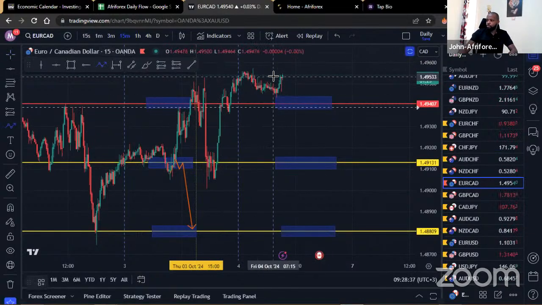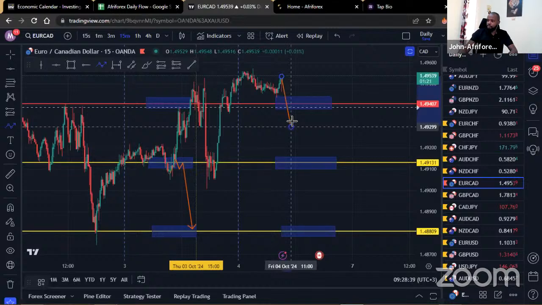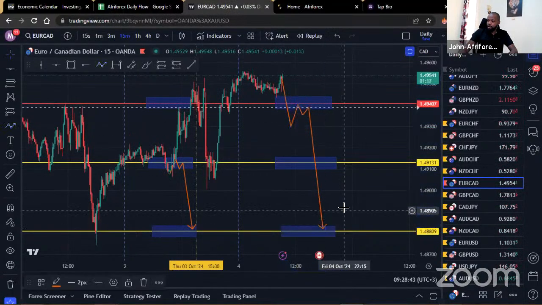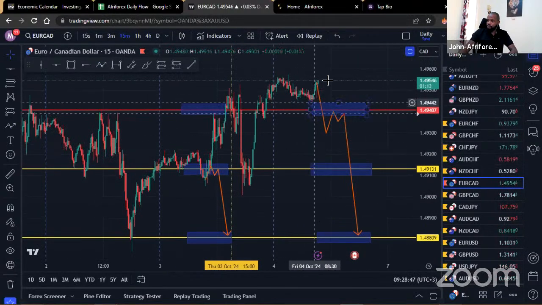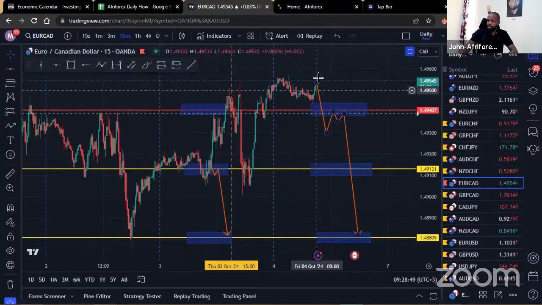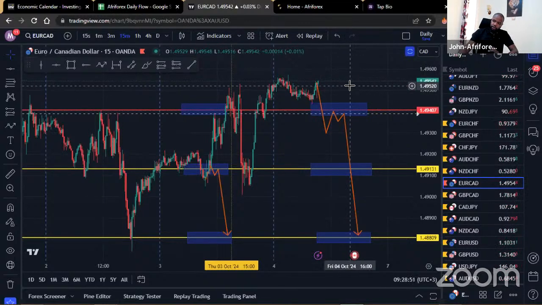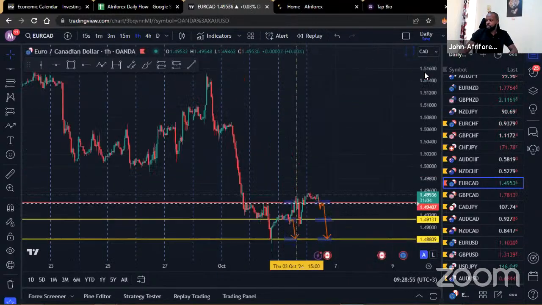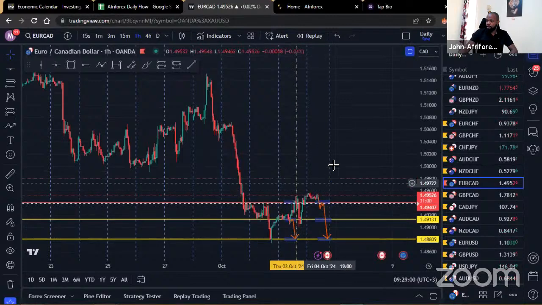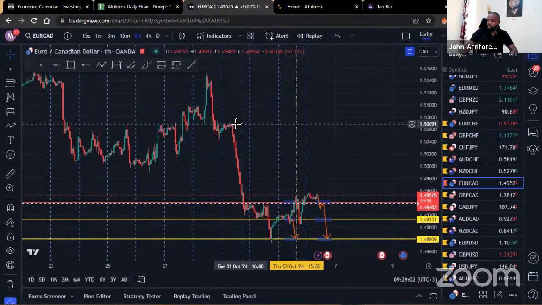What I would want to see is the market come to the downside of this area. Hopefully, if we do get a hold within here, then I think possibly we could end up getting some good selling opportunities within here. If the market holds and continues to move to the upside, there's no point chasing for selling opportunities. Reason being, if we go up to the 1 hour time frame, this one had come down quite aggressively. You can see that if the market does actually break above here, you never know, it could come up all the way till within here.